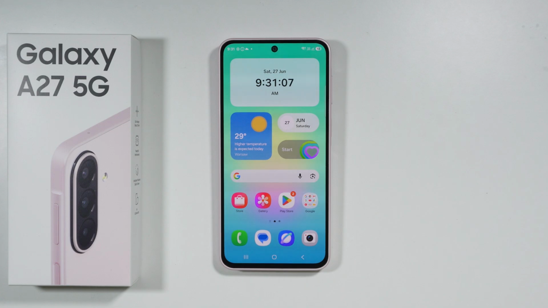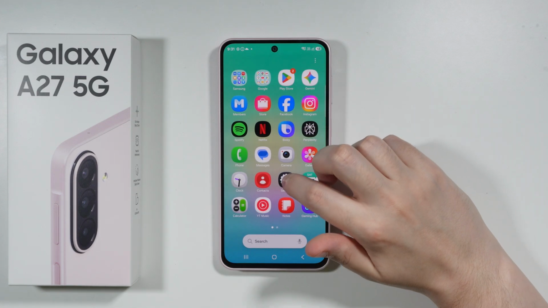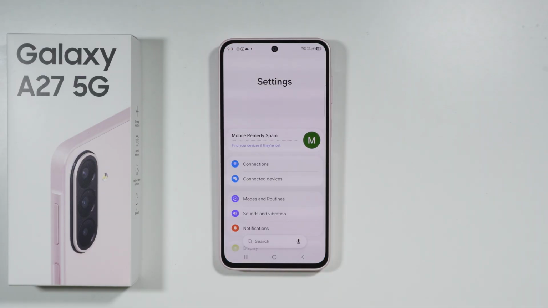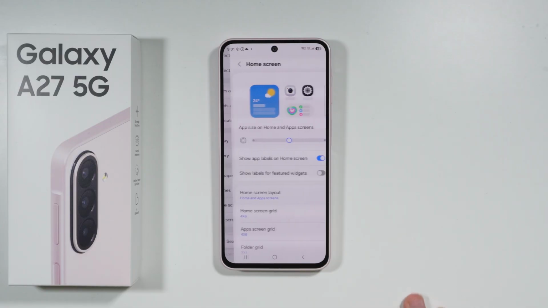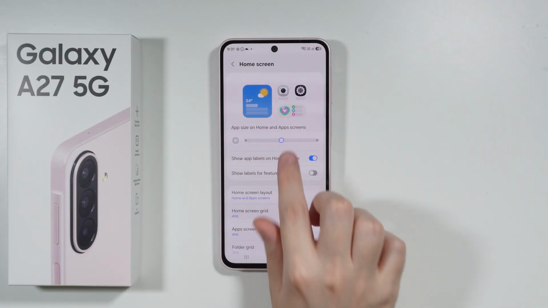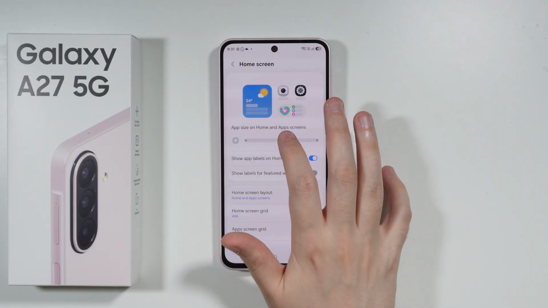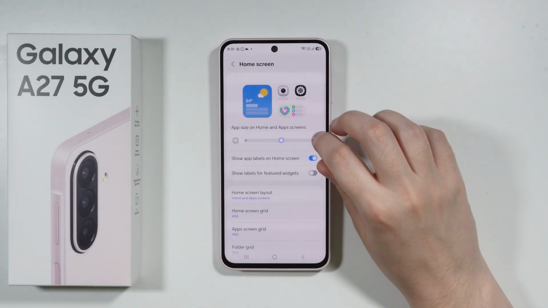If you want to change icon size on Samsung Galaxy A27, what you can do is open Settings. Then over here in Settings, we should be able to scroll down a little bit and go to Home Screen. Then in the home screen here, we have a simple slider which allows you to adjust the size of app